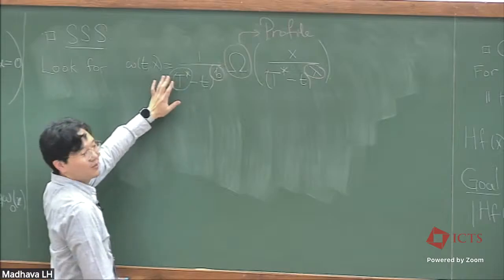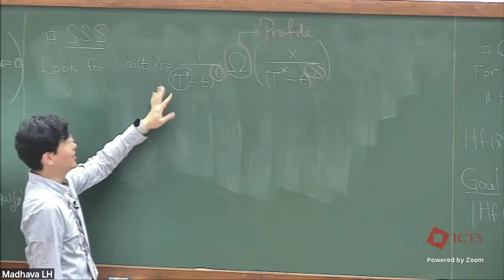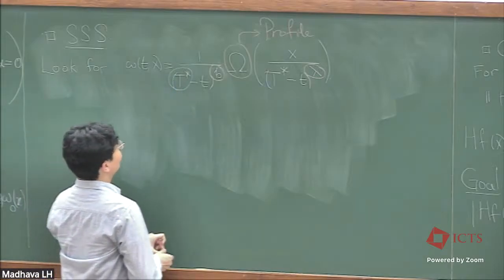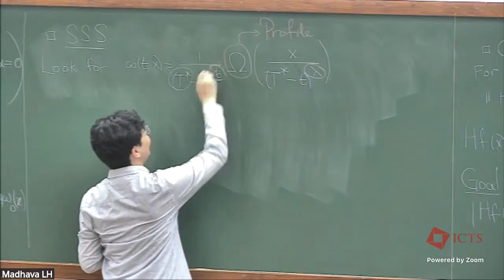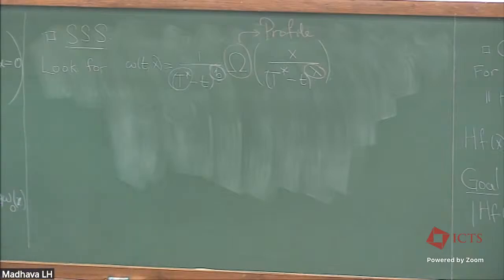So T star doesn't play any role. We will see very soon. We will also see very soon that b has to be 1. We will see it, but I can explain it already